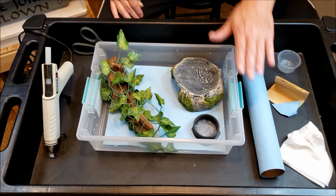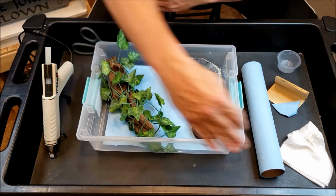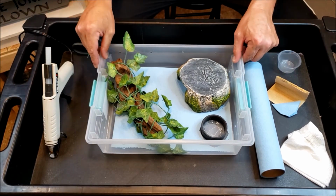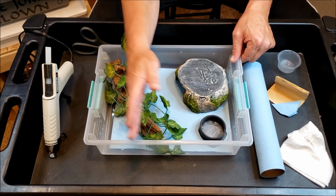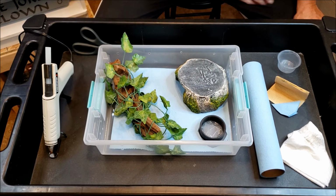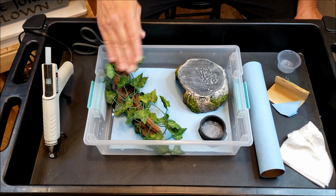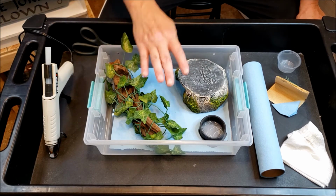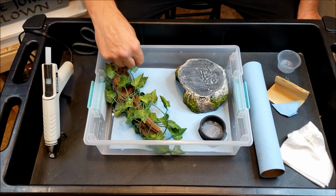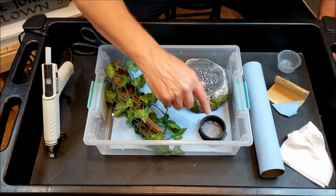Because what I'm going to do is I'm going to put him inside of my snake drawer. Just imagine this is the snake drawer. And like this part of it's heated. So what I'll do is I'll just slide his tub to where like this far is on the heat inside of here. And the tubs are rated at 90. And these guys need about an 85-degree hot spot. So this on top of a 90-degree hot spot should get me pretty close to what I need to keep him sufficient in here. For the little bit of time that he will be in here, just to get him plumped up a little bit. So I can...